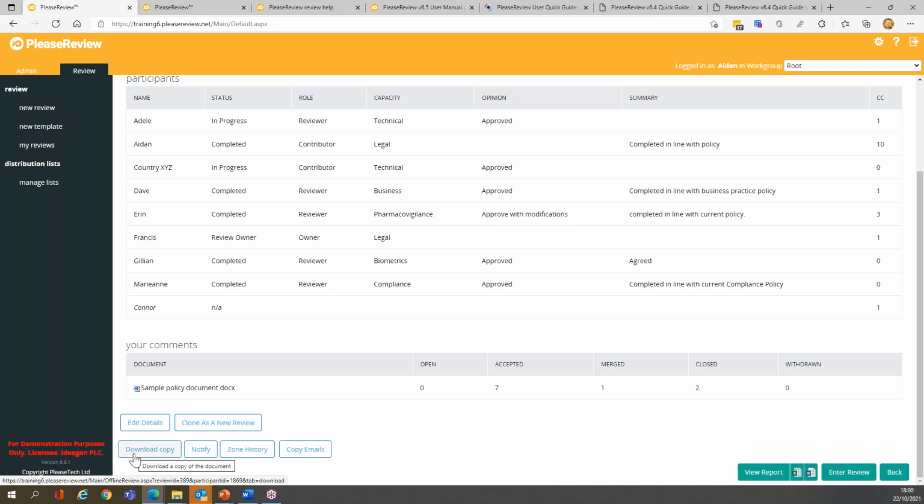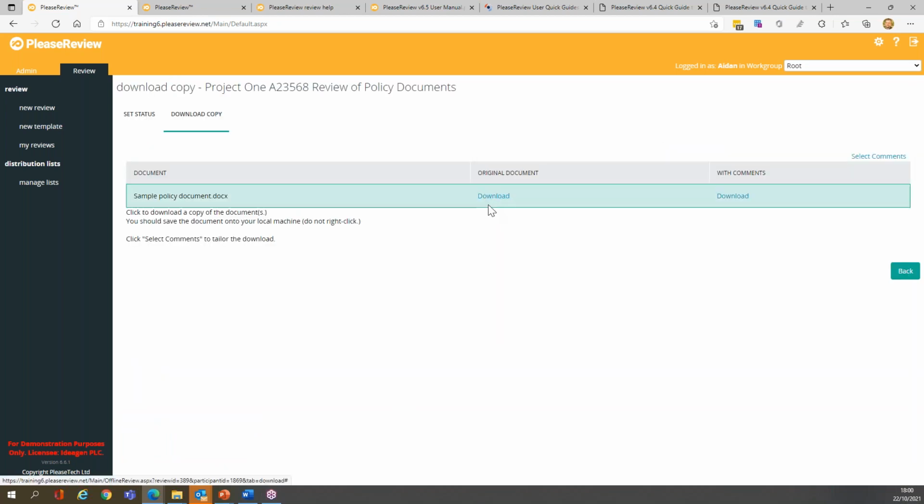Underneath, though, we do have the ability to download a copy of the review. That download can be in two versions. It can be the original, it can be the final output. Final output for PleaseReview is a clean document incorporating all of the changes. Anything that's unaddressed would be shown within that. That filter